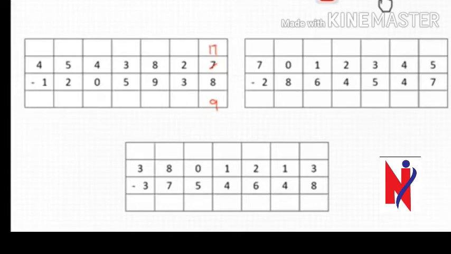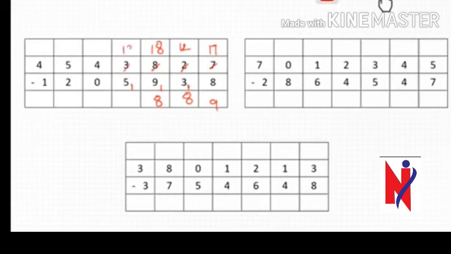1 you will write below 3. Okay? See. And 2 will become 12. So 12 minus 4, because 3 plus 1 is 4. Okay. 12 minus 4 is 8. 8 will become 18. 1 you will write here. So 18 minus 10 will be 8, because 9 plus 1 is 10, no?